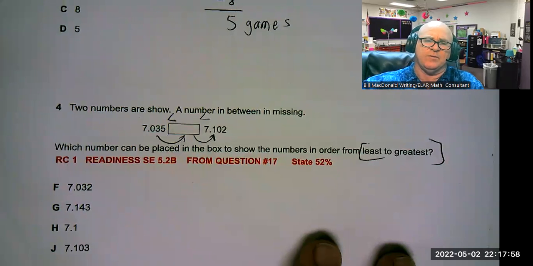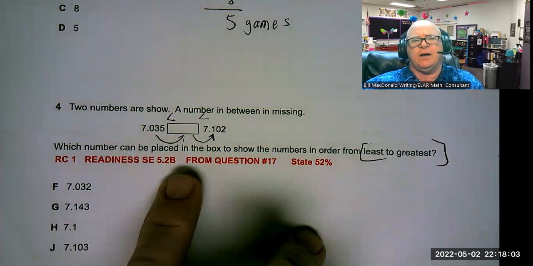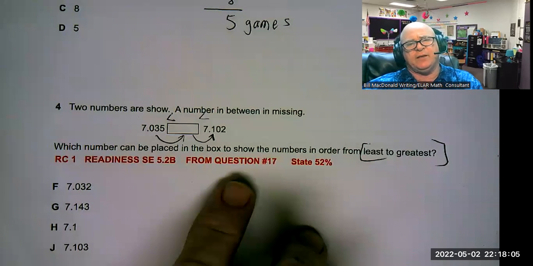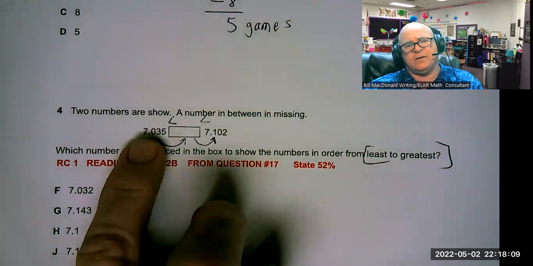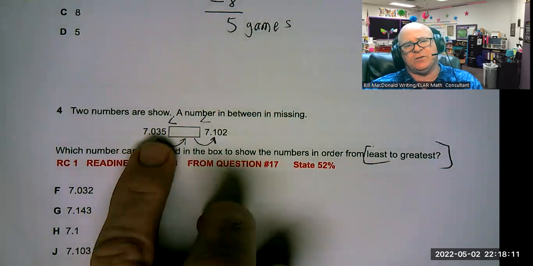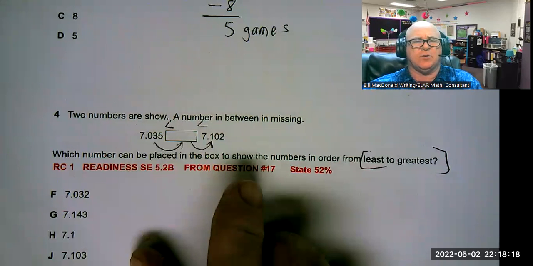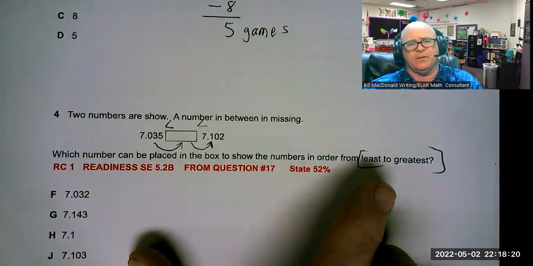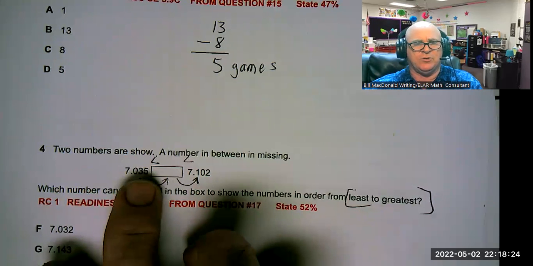This one is 5.2b. It came from question 17. And it was basically looking at place value, whole numbers, and decimals up to not tenths, not hundredths, but to the thousandths place, where it said when you're looking at numbers from least to greatest. I don't know if the one that was on the test was from greatest to least, but I suggest that you